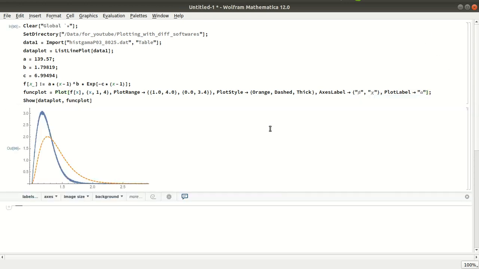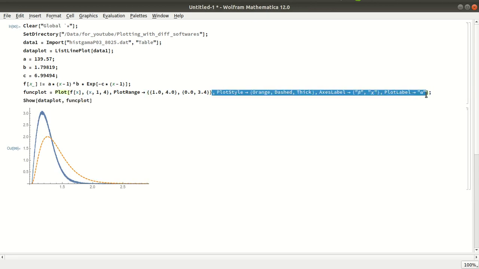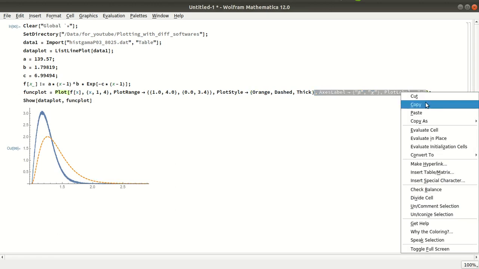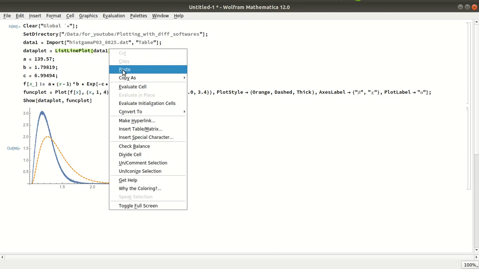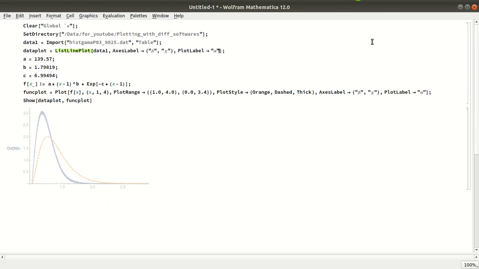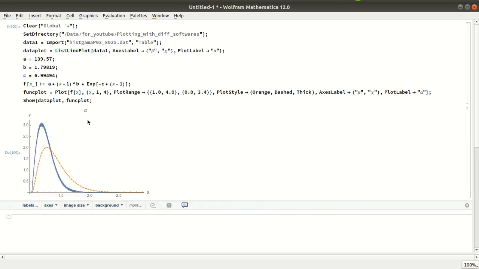So this is how you will write it. And now you have to do the same thing for this AxesLabel and this part for the other plot as well, otherwise it will not show it. So just do it here, and then Shift+Enter.